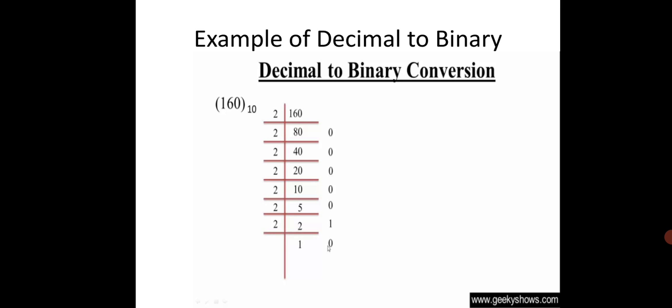So in this case, if the remainder is 1, you have to start from that remainder. So how will you write this value? You have to write it as 10100000. At the base you have to write down 2 because you have converted it into the binary number.